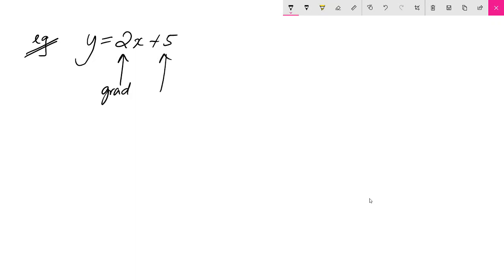Now, in order to sketch a line, we need two things. We need 2 points, and we can get those 2 points in a number of different ways. Firstly, if we have an equation for a linear line, where we can see the gradient and the y-intercept. Firstly, if I write down the gradient is +2 and the y-intercept is 5, all I have to do is on my sketch,